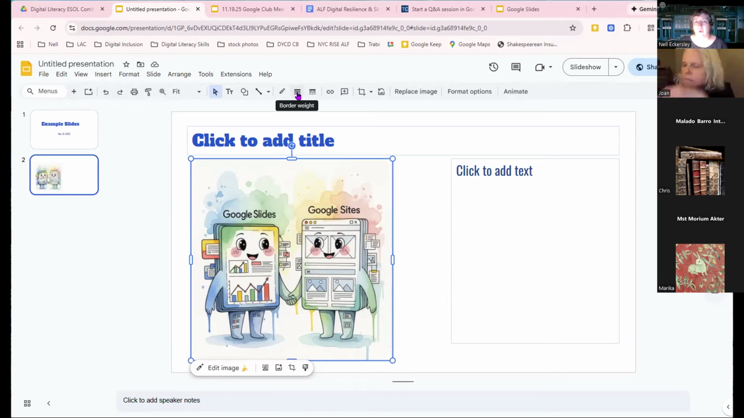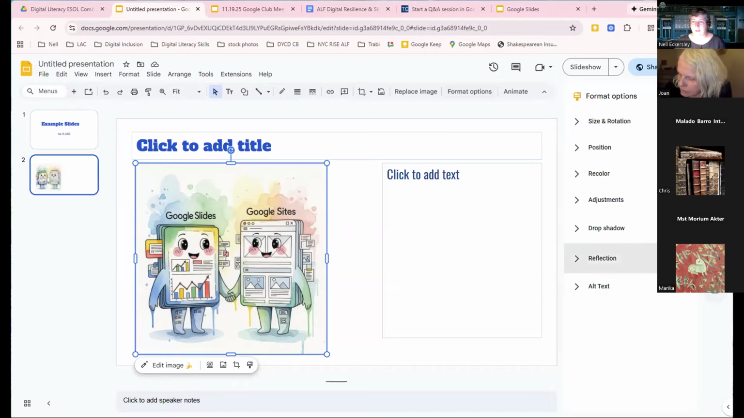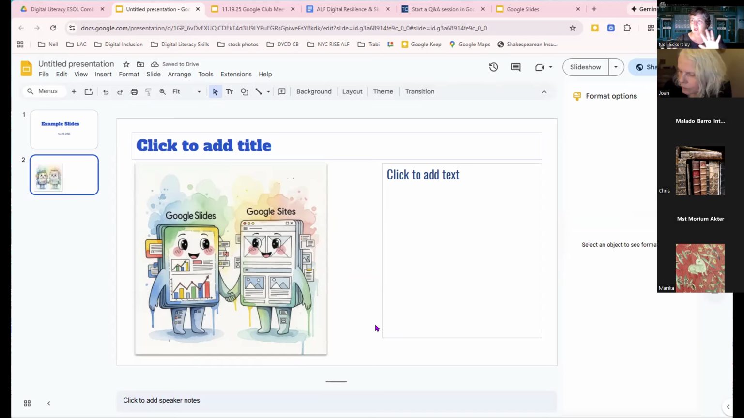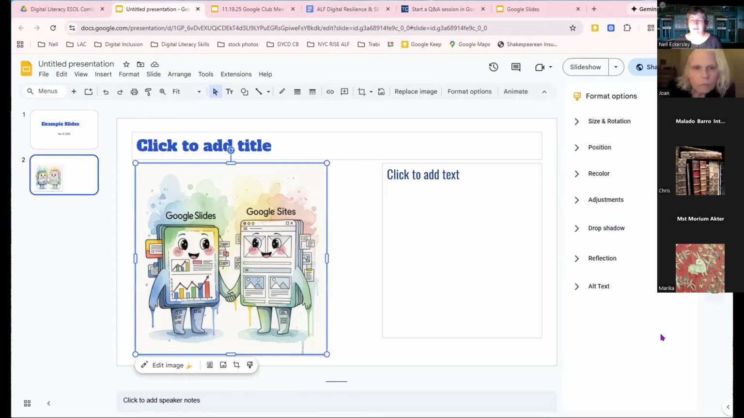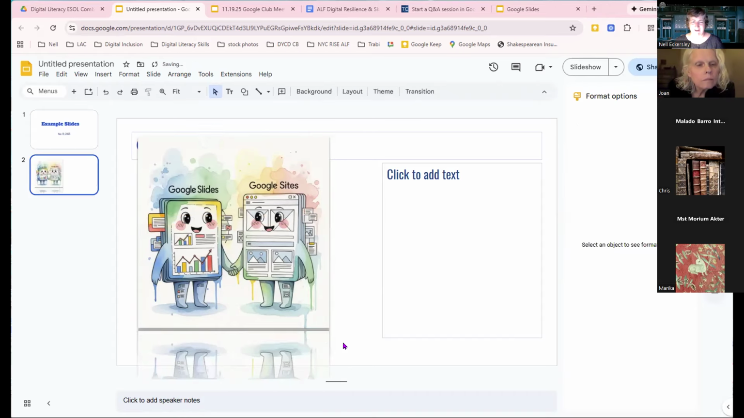I can create a border around it. I could add a link to it. I could crop it. I could replace the image. I could use format options. So format options, you may have seen slides where, for example, I'm going to add a drop shadow. A drop shadow creates a little bit of a three-dimensional element to the image. And I find that to be valuable because sometimes the image just kind of floats in white space. If I click on this again, I could also say I want a reflection. Let me move this up. So now you get this crazy reflection down here,